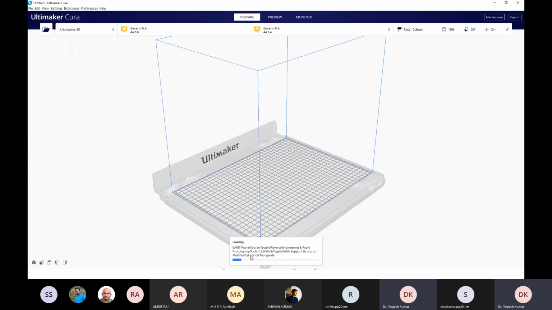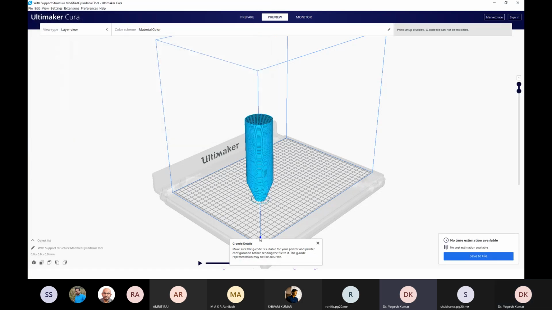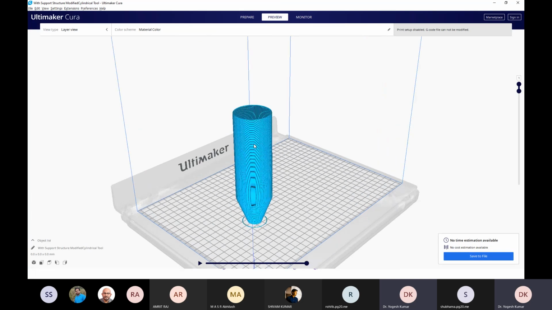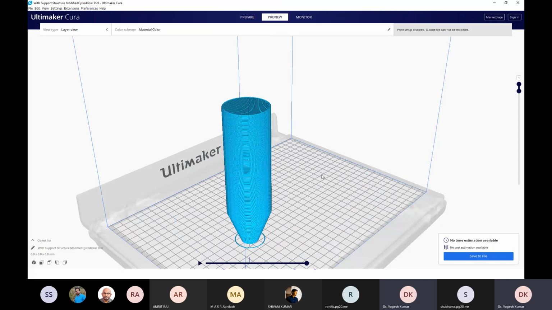Okay, so I have imported this data. This data corresponds to the layer by layer data, or the G code data, which I saved in a previously created file using the slicer.